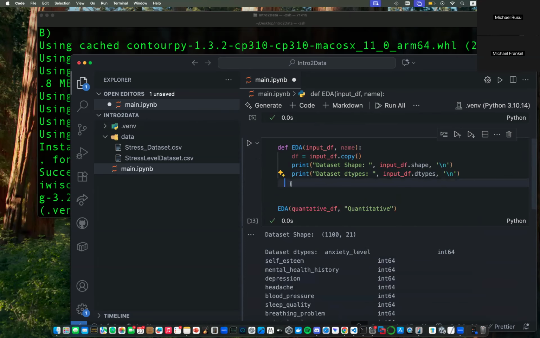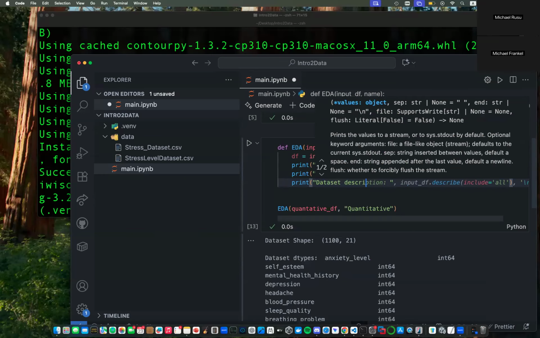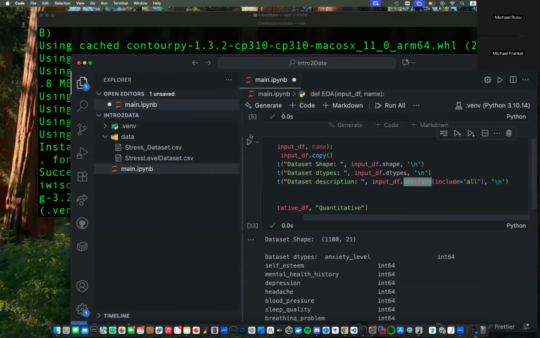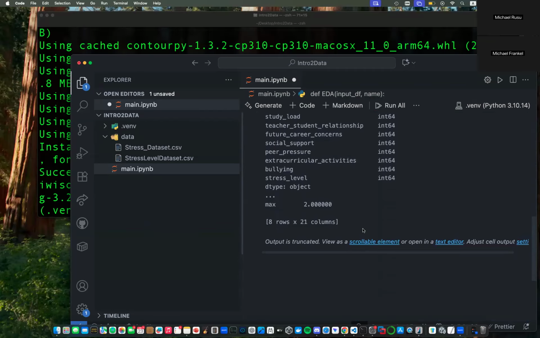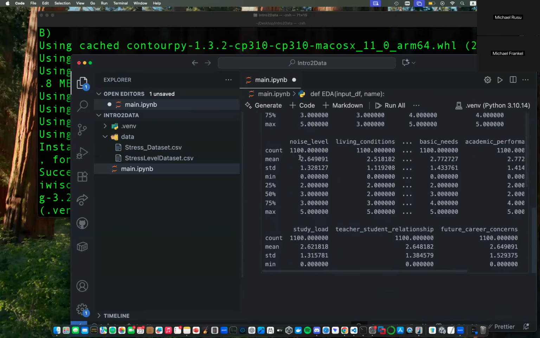Then we're going to print the data set description. There you go, AI filled it all. Describe will show us right here. You can use a scrollable element. This is actually a really useful feature.